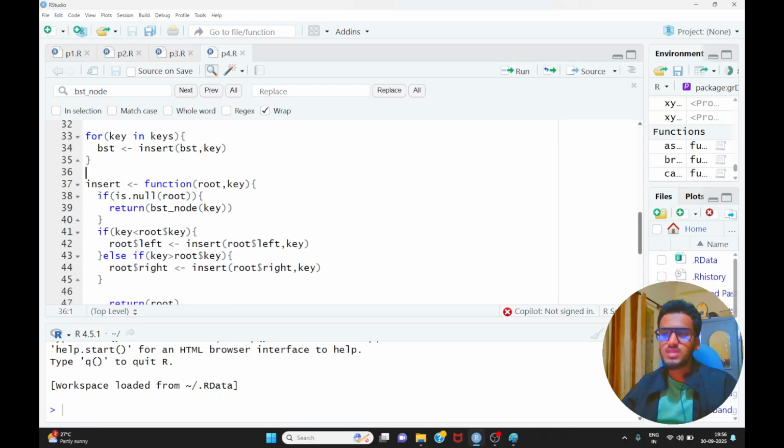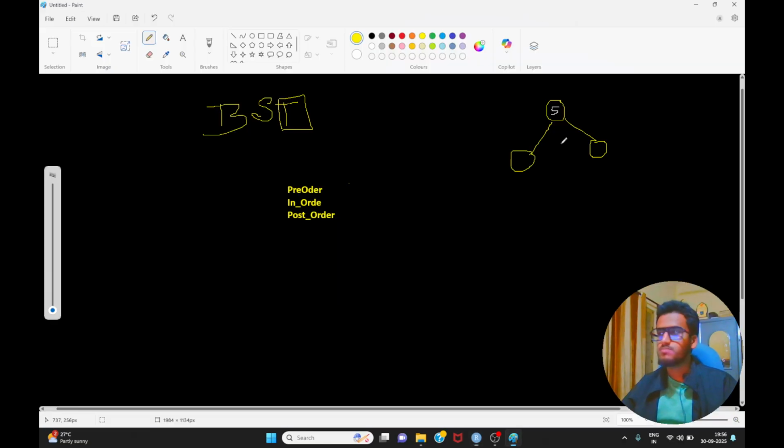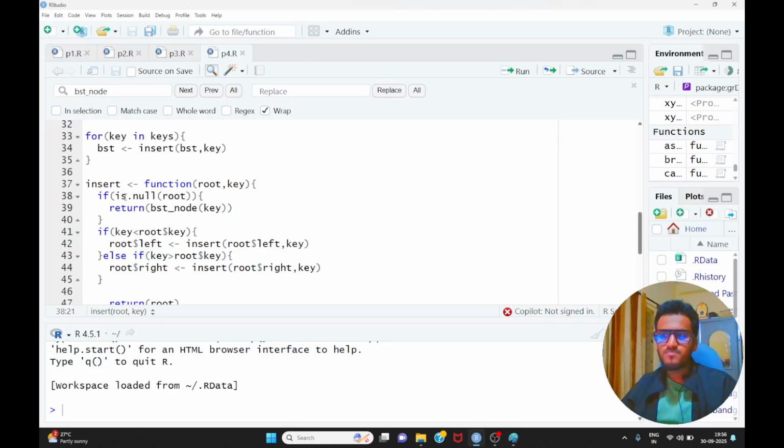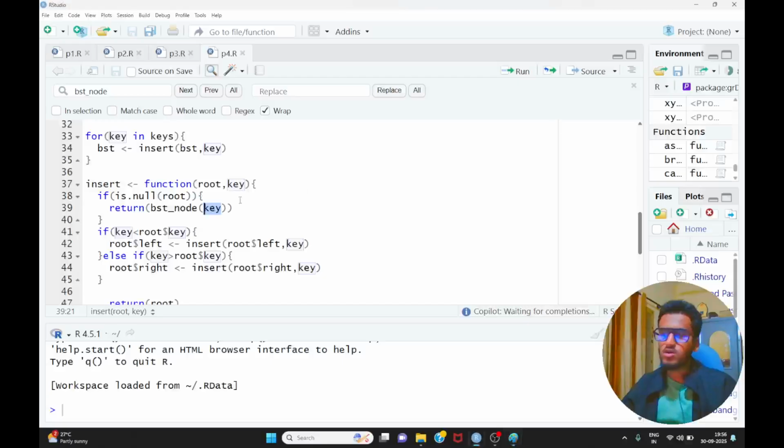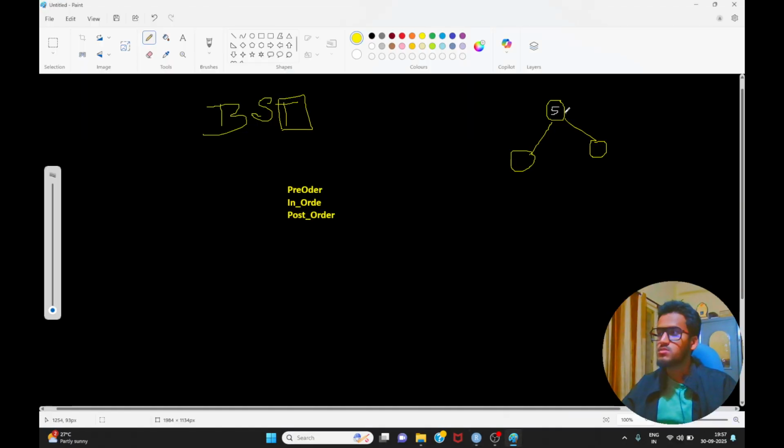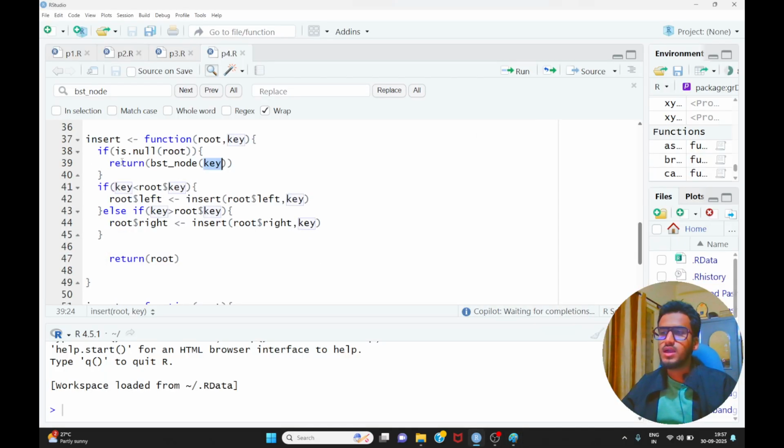After putting the 5, it checks the first condition: is the root null? Sorry, my dear friends, the root, meaning the nodes, will be empty. If the node is empty, the key which we have passed will be put here, 5. If the root, the main head, is null, then it automatically returns the value, and the 5 becomes the root. And this condition